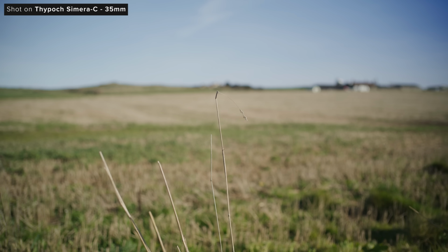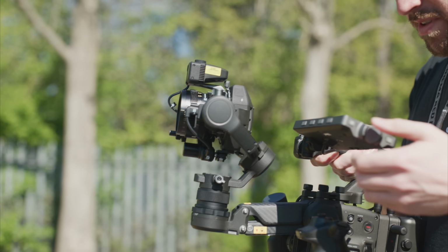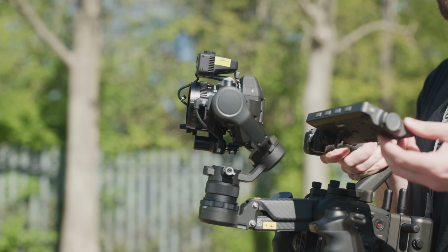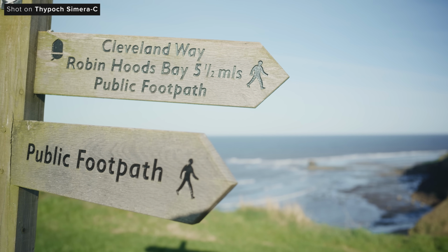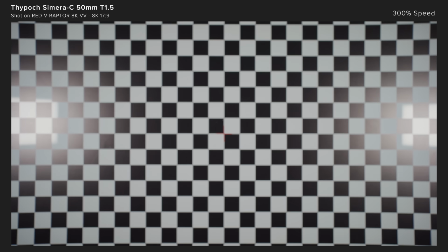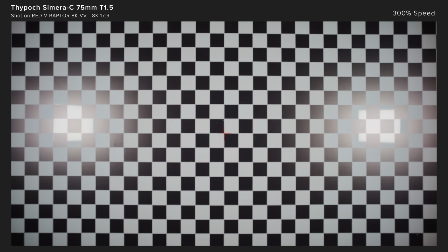The focus breathing performance of these lenses is probably the main compromise you're going to have to make with them. So if you're going to be buying or renting these lenses, make sure you're aware of how they perform so you can try and limit it in your shots if you're not a fan of it. For these examples, we are pulling focus through the entire focus range quickly, so these will look a bit more exaggerated versus a real world pull. The 21mm looks to have the least, 35mm has a good bit, and the 28, 50 and 75mm have similar